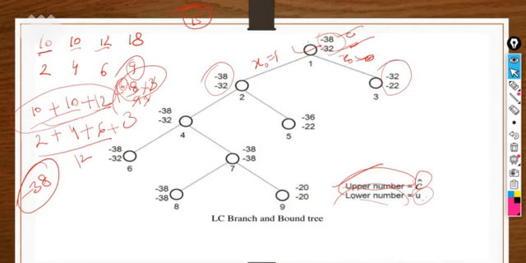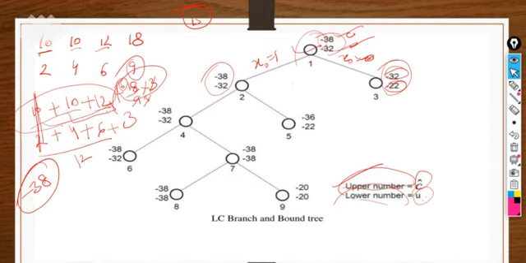If I'm excluding the first node, what will happen? 10 plus 12, 22 is there. So 22 is the lower number, and what will the upper number be?